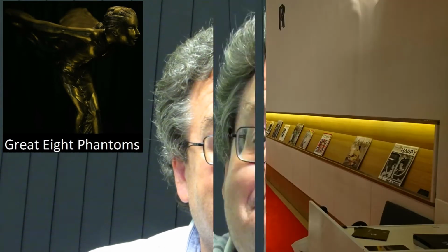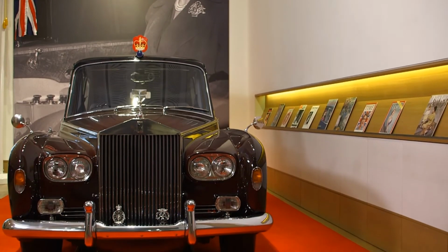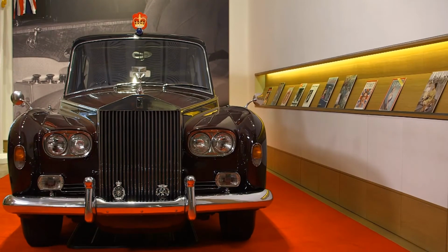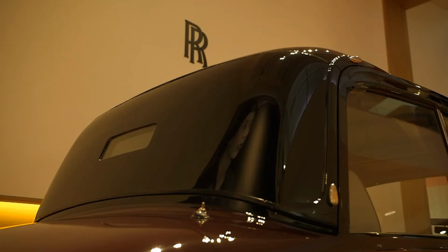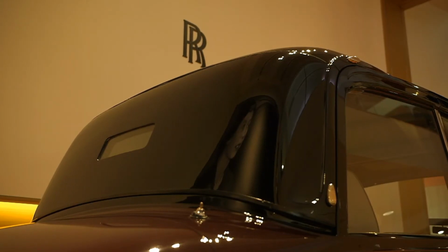This time we're looking at the Phantom VI. Produced from 1968 to 1992, the Phantom VI originally carried over the 6.23 litre V8 from the Phantom V, Silver Ghost 2 and 3 and the original Silver Shadow. However, this car, built for the Queen, was the first Phantom VI to gain the 6 3/4 V8 fitted to